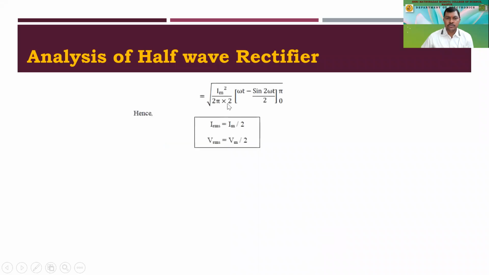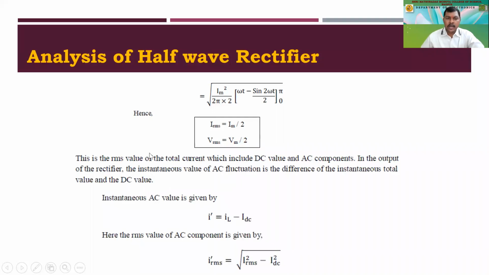Again, by solving and substituting the values, we will have omega t minus sine 2 omega t by 2. If you put the limits over there, then we'll have only this much. So the total 4 will be over there, that gets cancelled, and we'll again have Im by 2. This gives the RMS value, and if you substitute for VRMS, we get Vm by 2. So this is the RMS value of the total current, which includes the DC value and AC components in the output